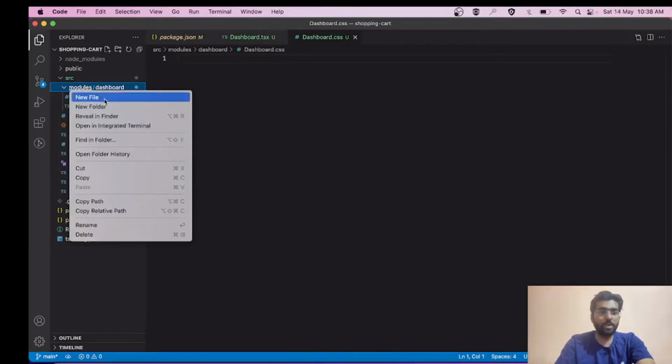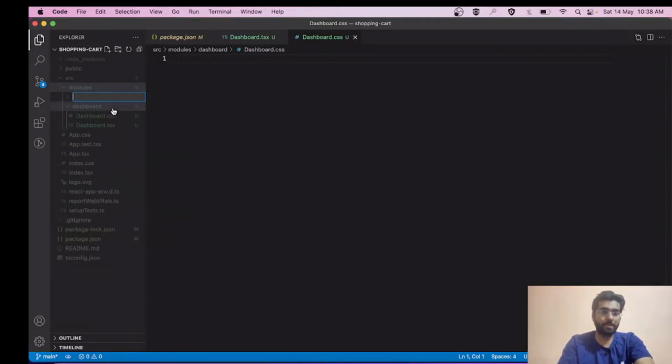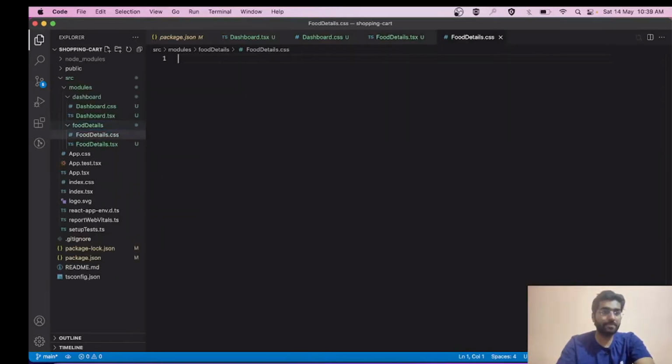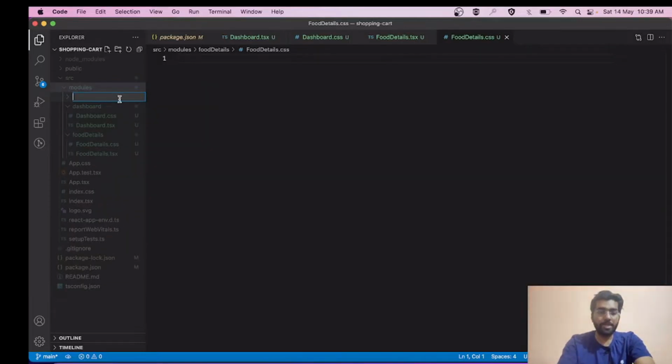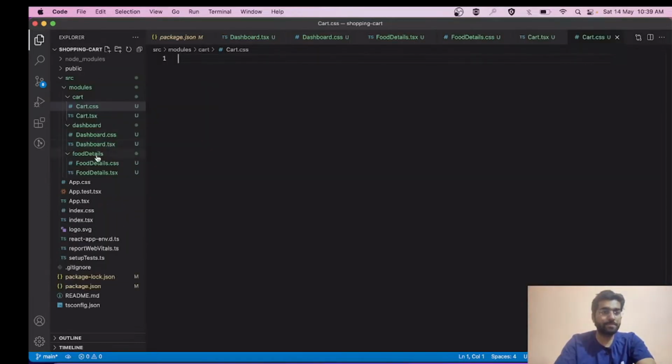The next we are going to create is food details. So friends, we are done with two directories over here, and the last one that we are going to need is our cart page basically. So far we have created these three directories along with the files.